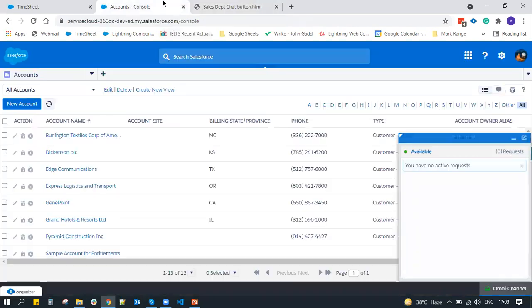Let's assume this is our 360-degree cloud website. In there, we are going to see sales agent chat. You can see this is a hyperlink. You can click on it. But if I change the status of the agent to offline, this means none of the agents in the system are available at this moment to take the chat.